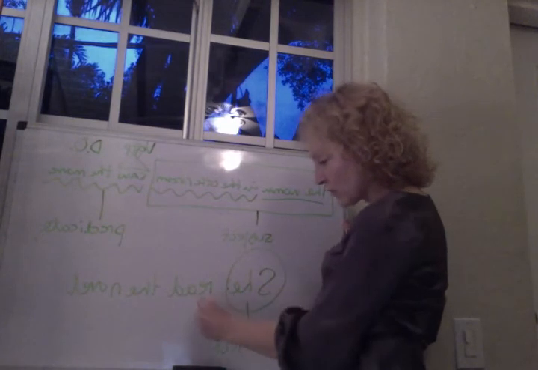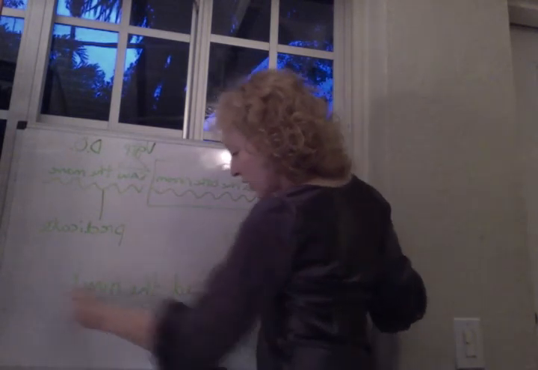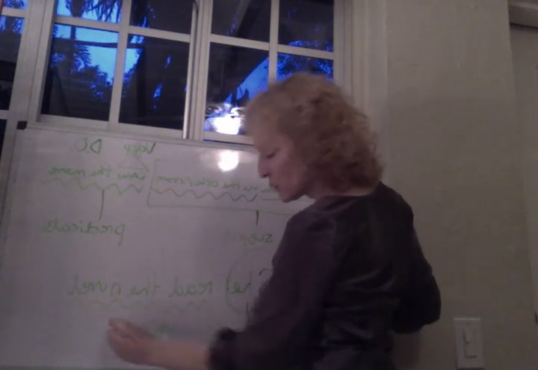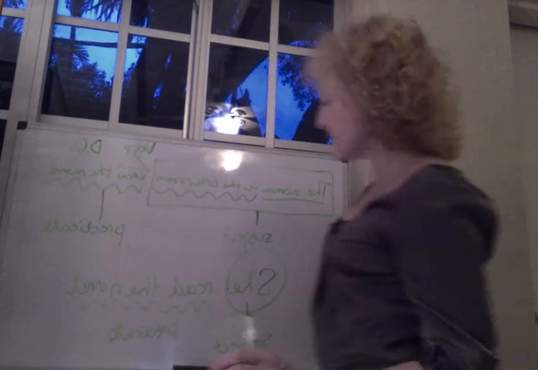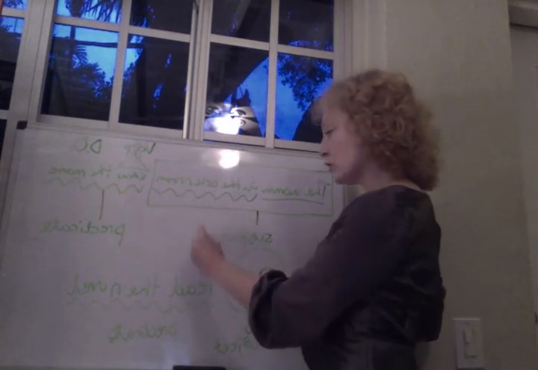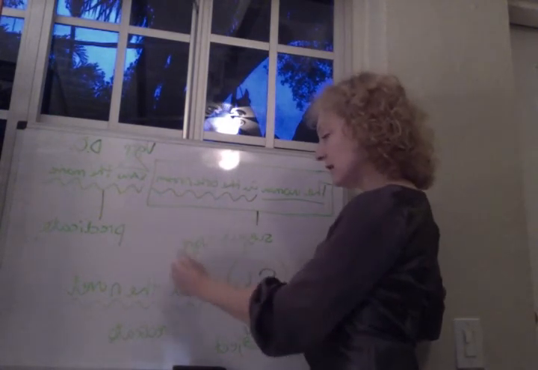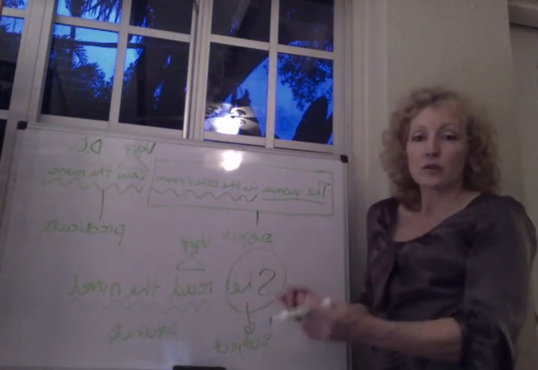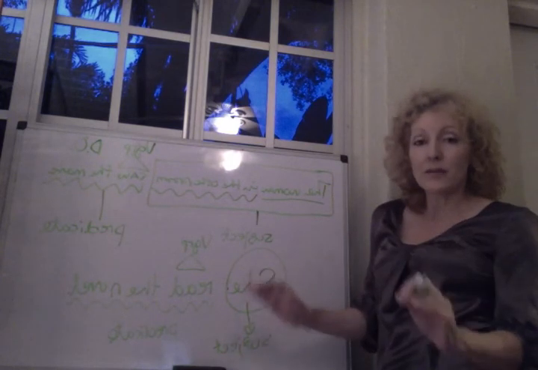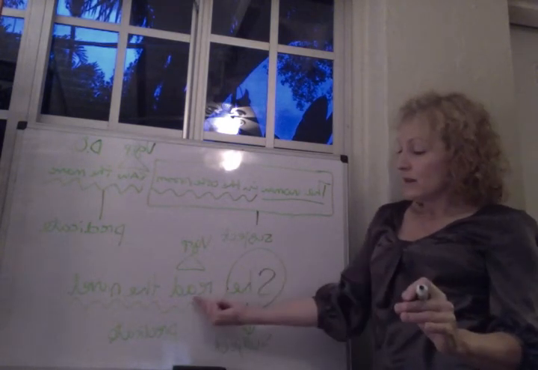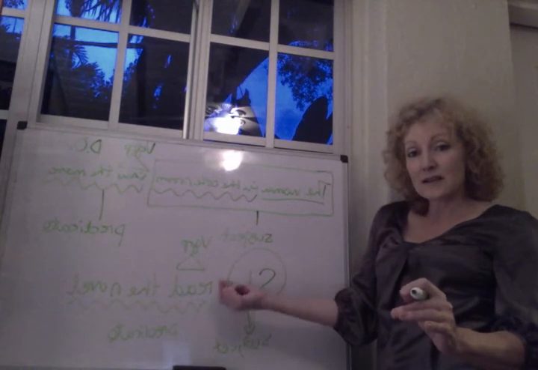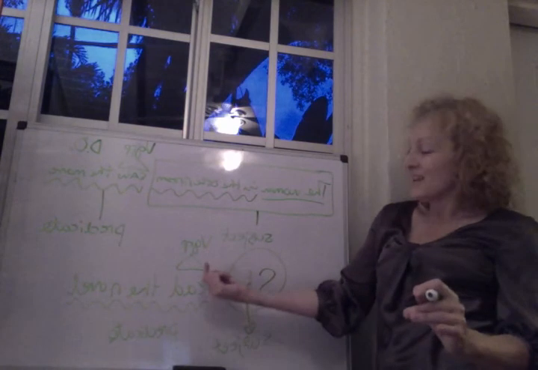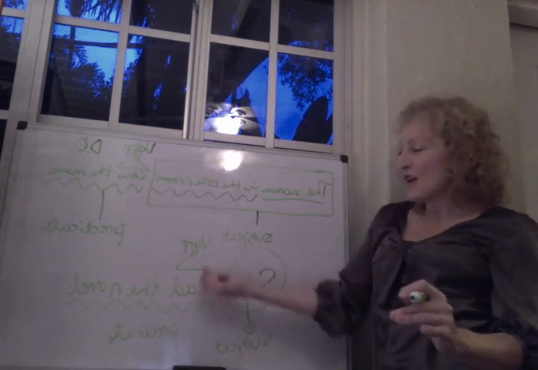And therefore, the rest of the sentence, read the novel, is going to be the predicate. And given that this is the predicate, we know that it's going to be comprised of two things. A verb group, which is going to be, in this example, just the verb read. Just the verb read is the only verb that we have in this sentence. We see that read in this sentence is in the past tense form. So she read the novel.